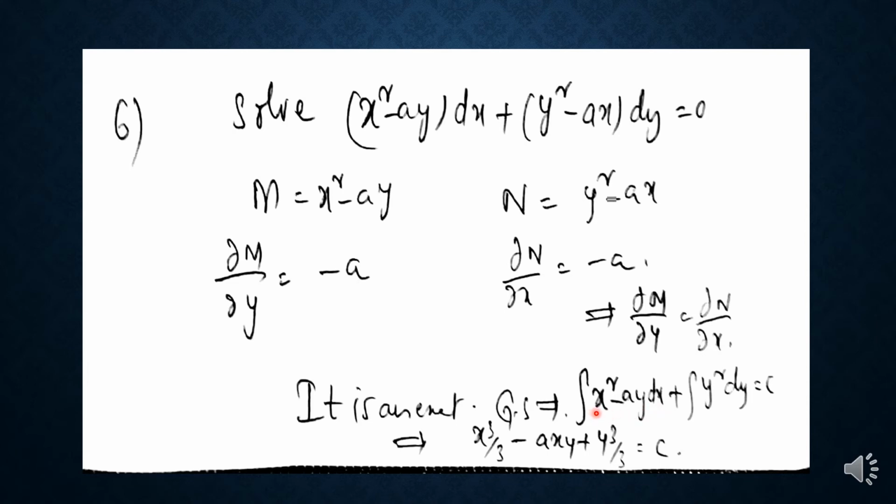So integral x² dx is x³ by 3 minus ay is the constant, so minus ay into integral dx is x, so that can be written as minus axy, plus integral y² dy can be written as